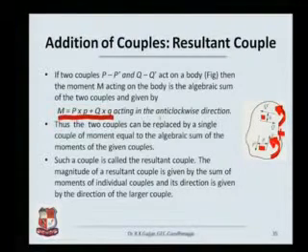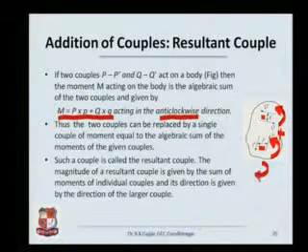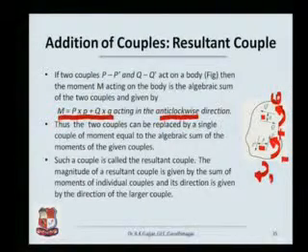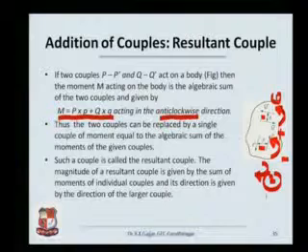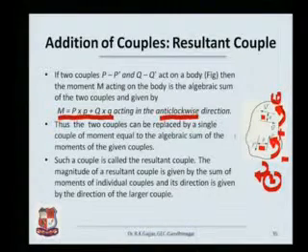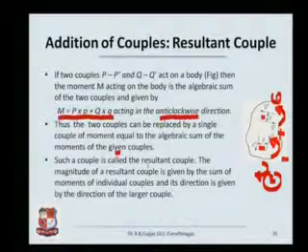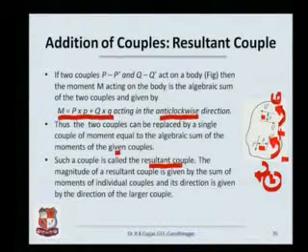The direction of the couple is going to be naturally anti-clockwise. Had there been a different force couple system giving a clockwise couple, then it would be number 1 minus number 2. Thus the two couples can be replaced by a single couple of moment equal to the algebraic sum of the moments of the given couples. Such a couple is called a resultant couple.